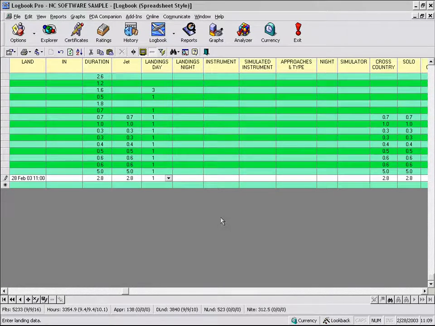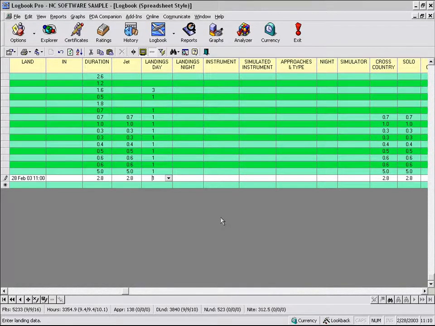As you sit back and look at your logbook, you go, I'm missing some columns here. If I look at my paper log, I've got an ASEL column, an ASCS, AMEL, AMES. Where are those in Logbook Pro? Where do I log my complex time, my turbine time, etc.? Short answer, you don't. Logbook Pro is smart. You've entered a duration, you've entered an aircraft type. In your options aircraft area, you've specified the Cessna 172 as an airplane, single engine, land,